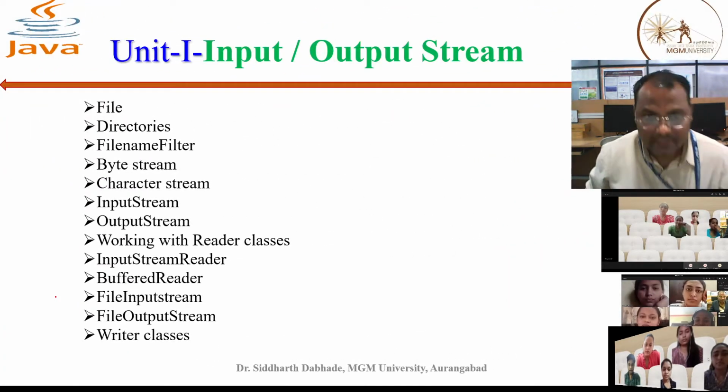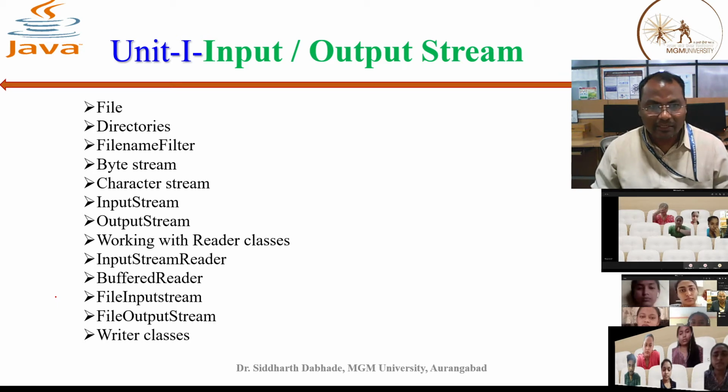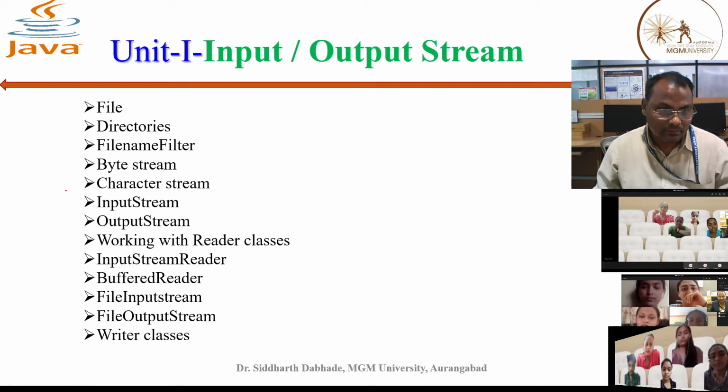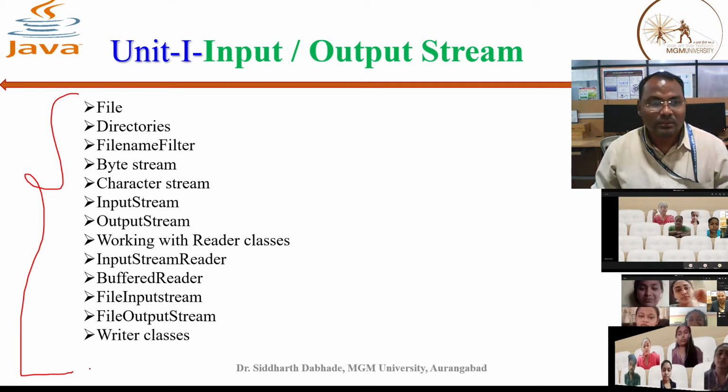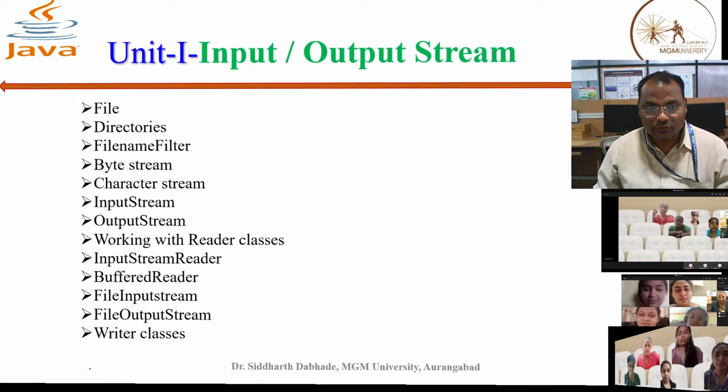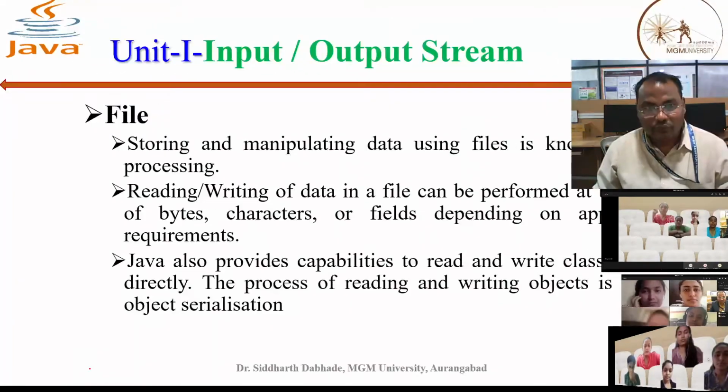So in today's lecture, we again revise some points. These are input-output stream. There are 13 points we are going to cover. First are file directory, file filter, byte stream, character stream, input stream, output stream, and working with reader classes and so on. As we know, what is a file,